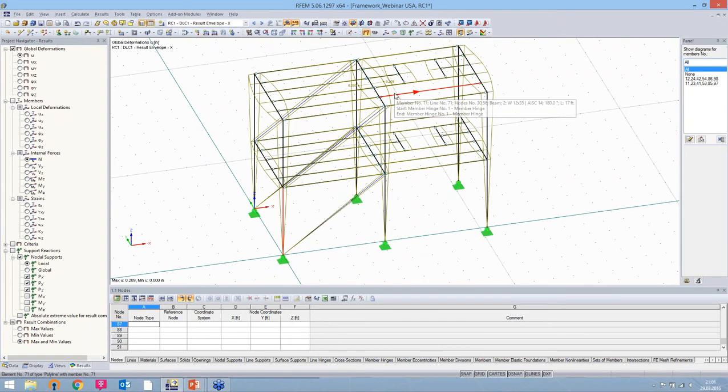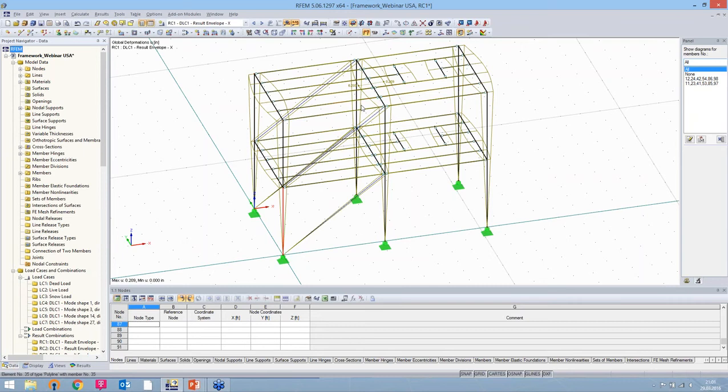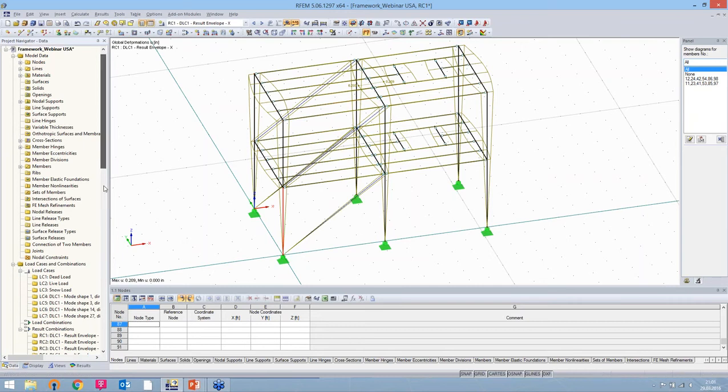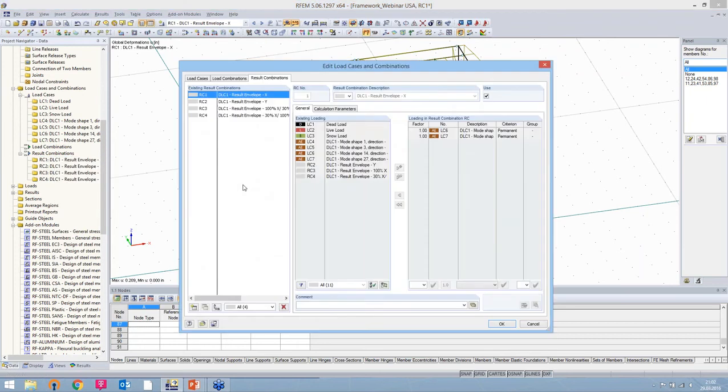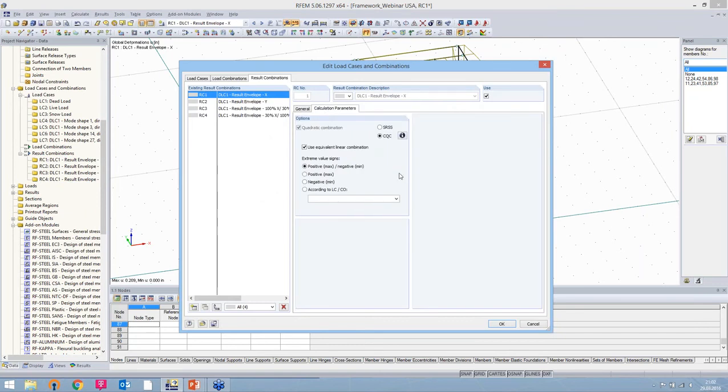This is caused by the SRSS rule, or by this quadratic combination, because you will lose your signs and you will get two results. And if you now want to change that, you have to go back in the result combination. So for example, for this result combination, you can edit this result combination in the calculation parameters and have now here the new option according to load case or combination,